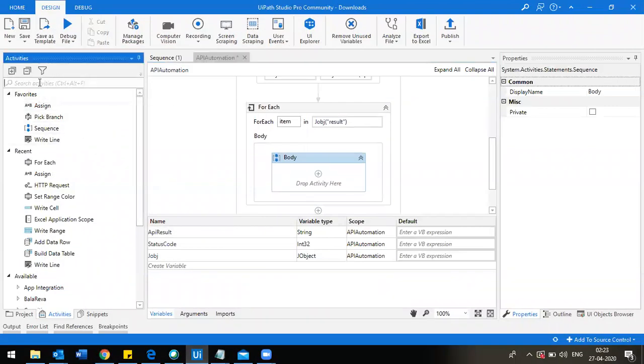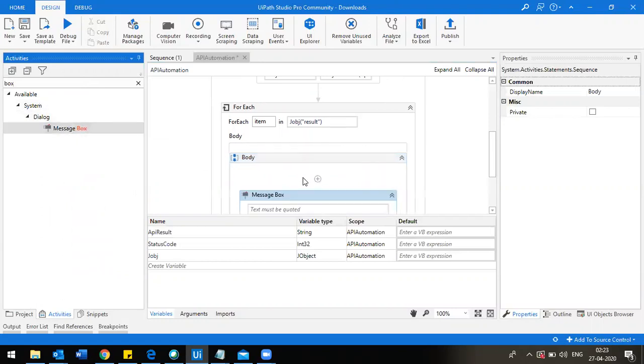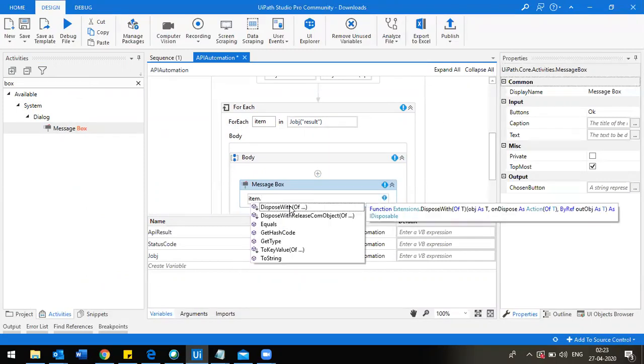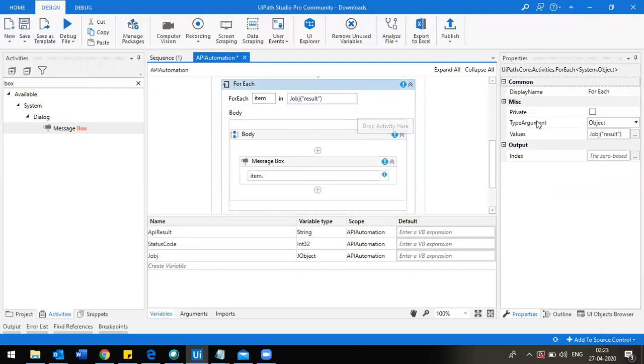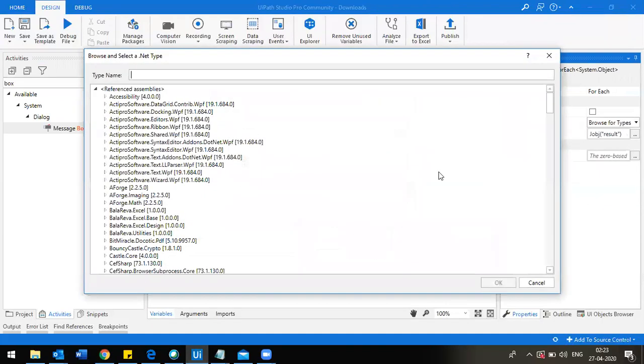Okay, so we'll take a message box, and then here item dot. As you see here, the type argument of this For Each activity is an object that you have to convert into a JToken.